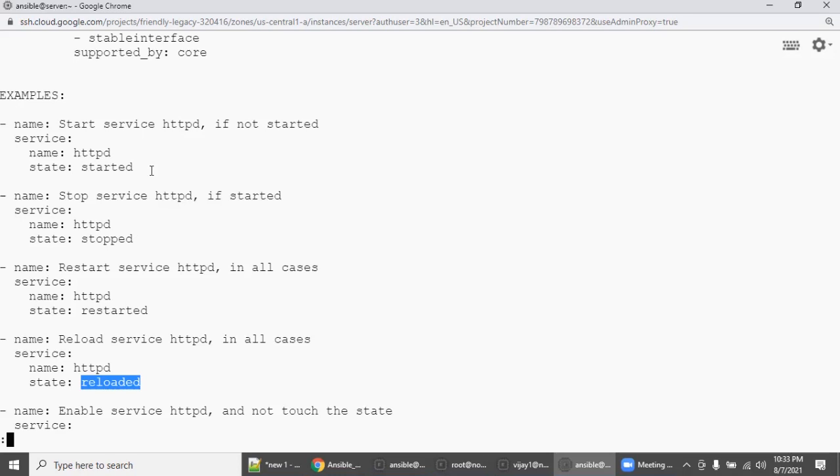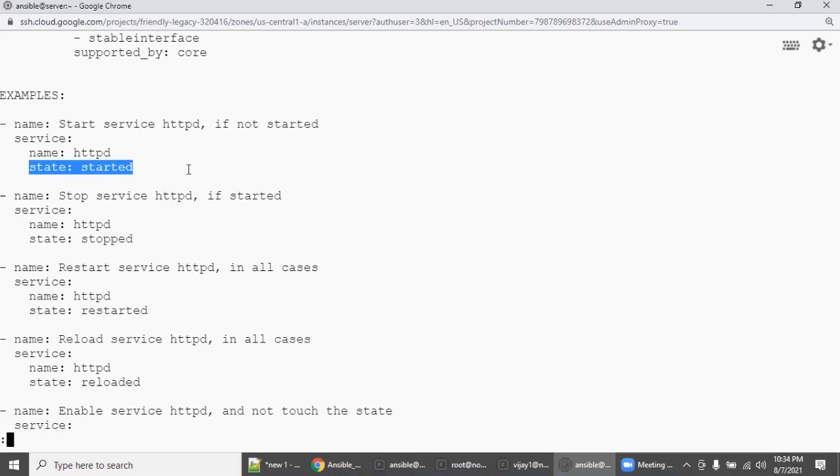The reason is, tomorrow a new version of Ansible will come, maybe the syntax can be changed. So always don't memorize it. Whenever you are going with any Ansible version, pick up the syntax from the man page itself. That is more than enough, because all you need to do is construct the playbook.